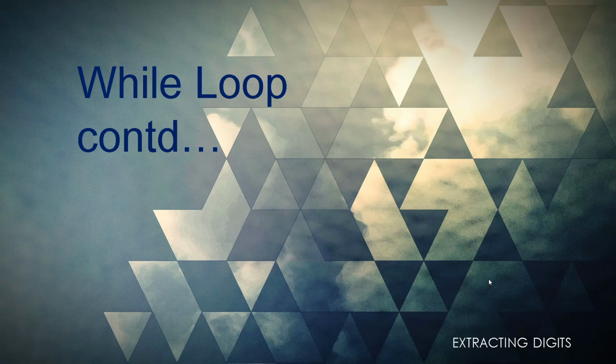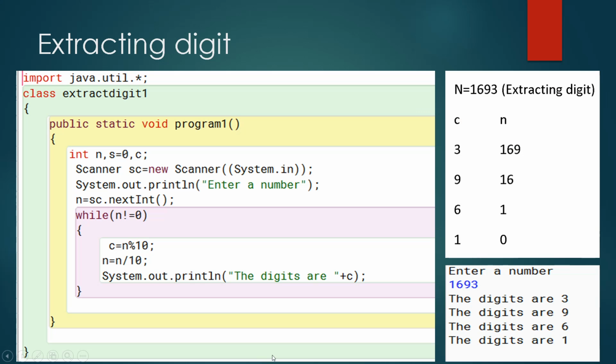Good morning children. Today we are going to learn the while loop. We will basically learn how to extract digits using the while loop, right? So over here children, as you can see, we had already learned the basics of while loop, and we know when the while loop runs, right? So for this we will learn how to extract the digits today, and we will be doing various programs based on this. So let's start.